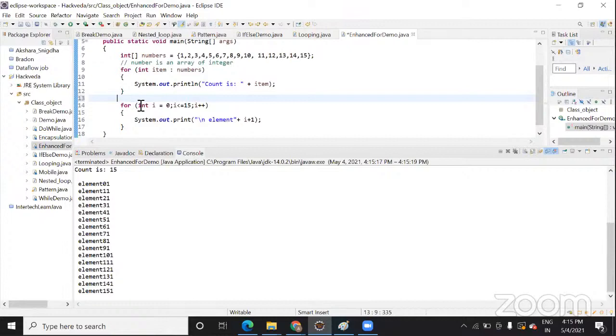When you write it, i plus 1 should be in brackets. So that's why it is given. That is also one way of doing that, or you can directly write system out print. Okay, let's try with your approach.